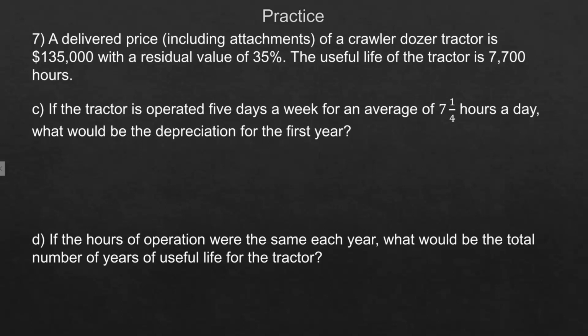Here's the next 2 parts of this. If the tractor is operated 5 days a week for an average of 7.25 hours a day, what would the depreciation be for the first year? Okay, so this calculation is about coming up with how many hours it worked for the whole year. So it's 52 weeks times 5 days per week times 7.25 hours per day